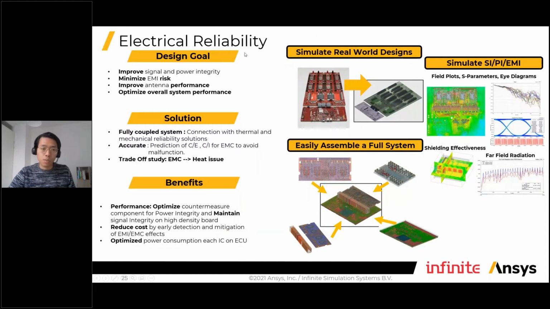So first, maybe a more detailed introduction about electrical reliability. Of course, we are talking about signal integrity and power integrity, or SIPI. In this case, we want to know if the signal is still nice after a certain transmission, if there's any interference, how we're going to shield them, and how we're going to place the decoupling capacitors, things like that, that we do on our PCB boards or even inside of a chip.